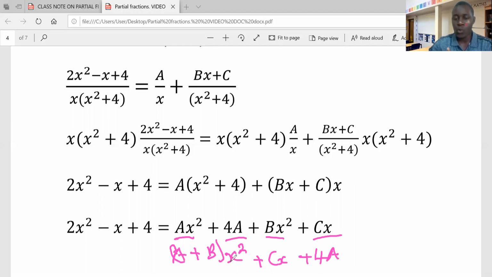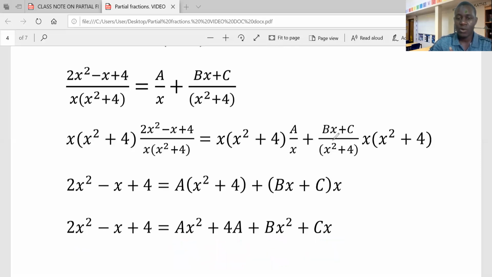Now we will compare the coefficients. You will notice that this is an x squared term. If this is an x squared term, it means that this is the same thing on this side. So we call this particular expression an identity. An identity is an expression or equation such that everything on one side is exactly equal to what you have on the other side. So what you have here is an identity. So we're going to compare the coefficients of the parts of the expressions that have the same